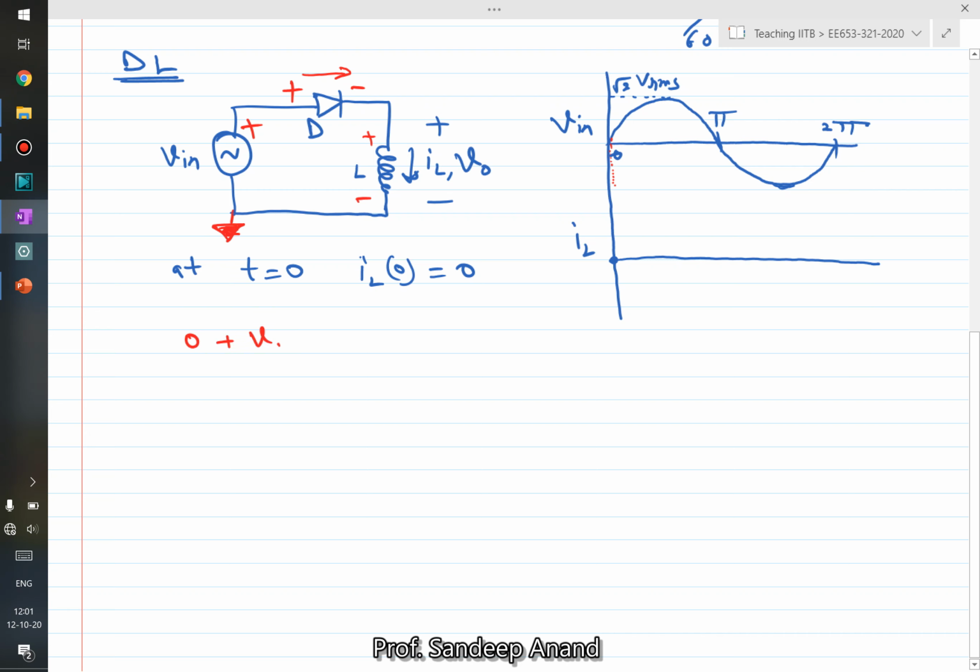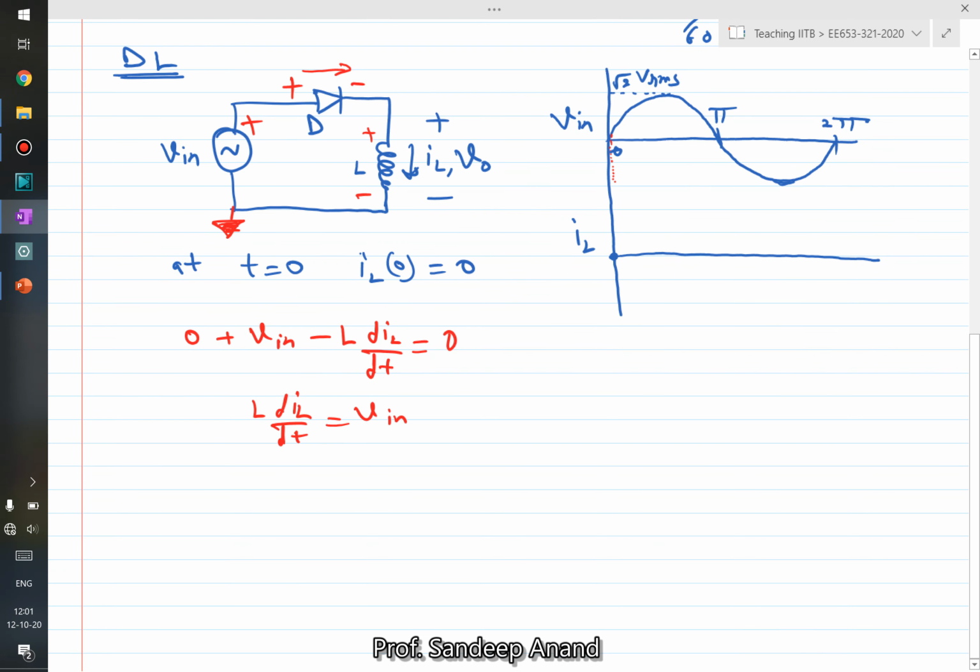So 0 plus Vin minus L dIL by dt is equal to 0. I can rewrite this as L dIL by dt is equal to Vin. Since Vin is positive in the first half from 0 to pi, dIL by dt is also positive, and therefore the current would be rising. Change in current with respect to time is positive, so the current would start from 0 and continue to rise